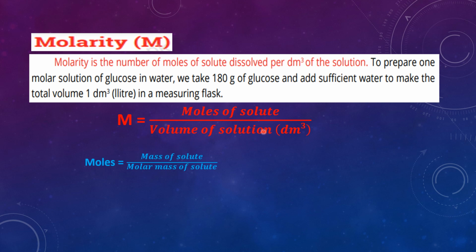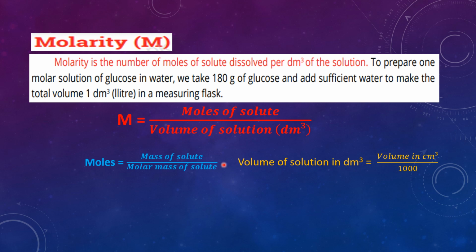And what we will do if the volume of the solution is not given in decimeter cube, if it is given in centimeter cube? If the volume is given in centimeter cube, we will convert it into decimeter cube. The formula to convert is: volume of the solution in decimeter cube is equal to volume in cubic centimeter divided by 1000. When we apply this, we convert the cubic centimeter volume into cubic decimeter, or liters.